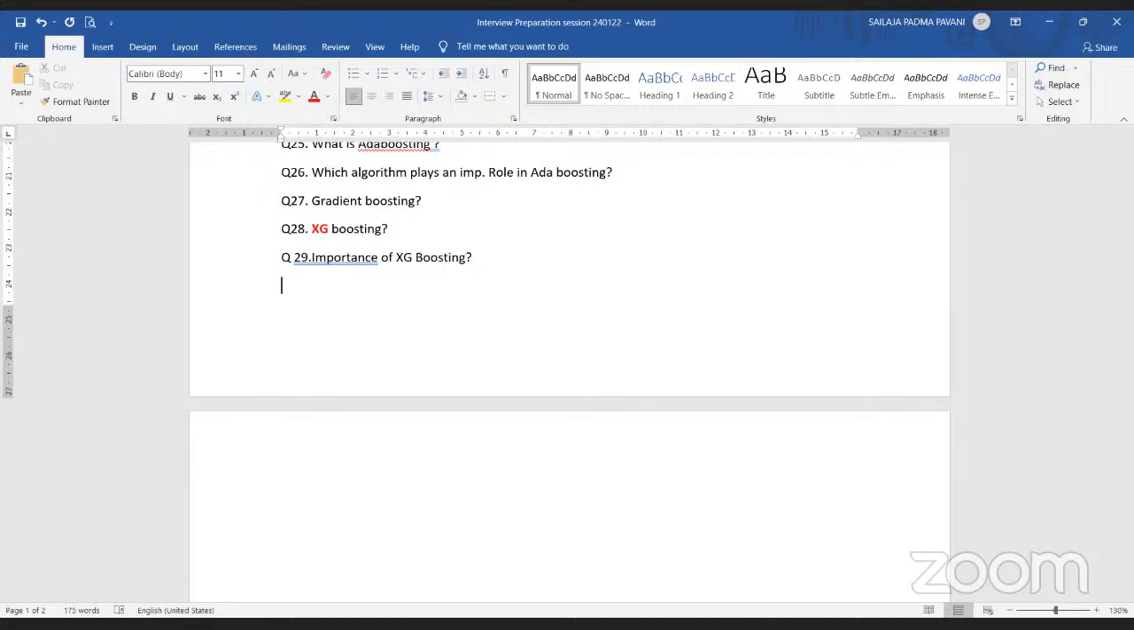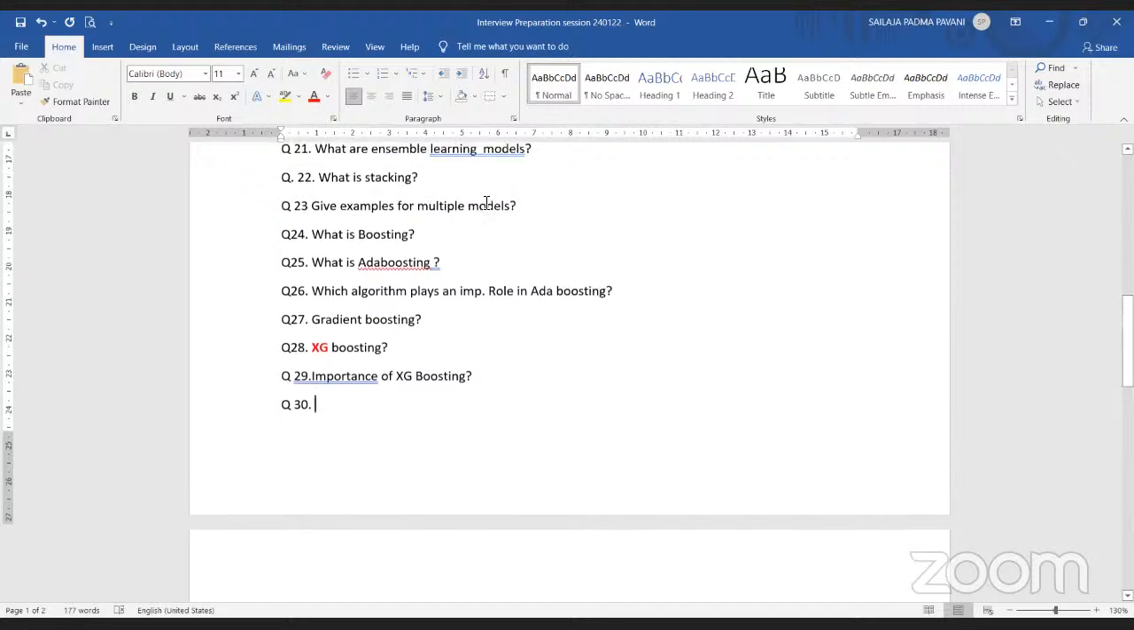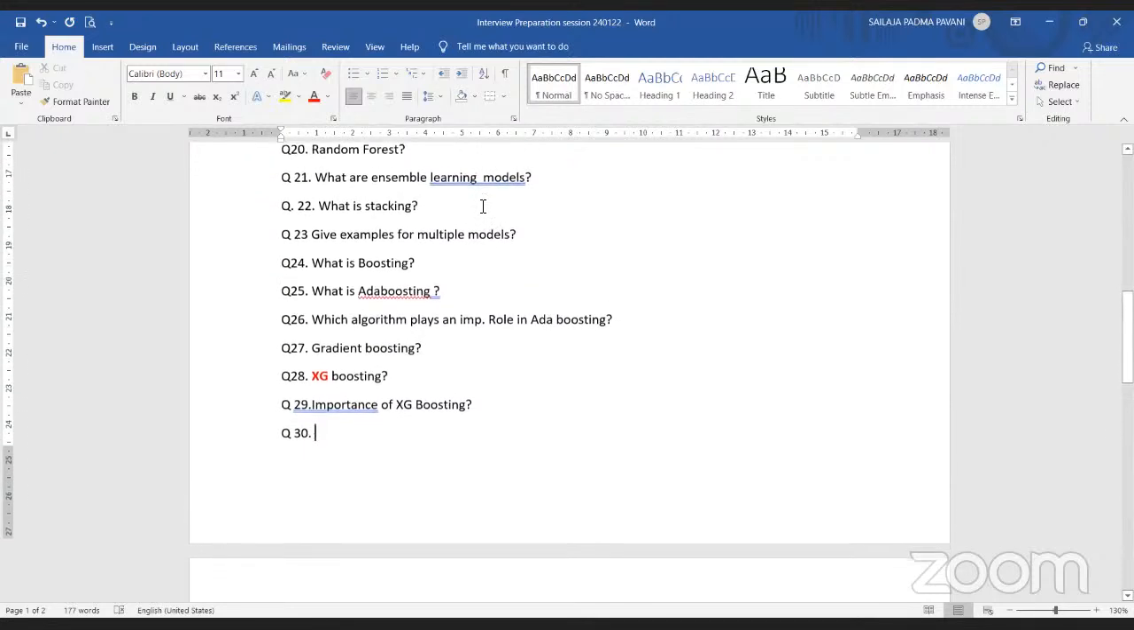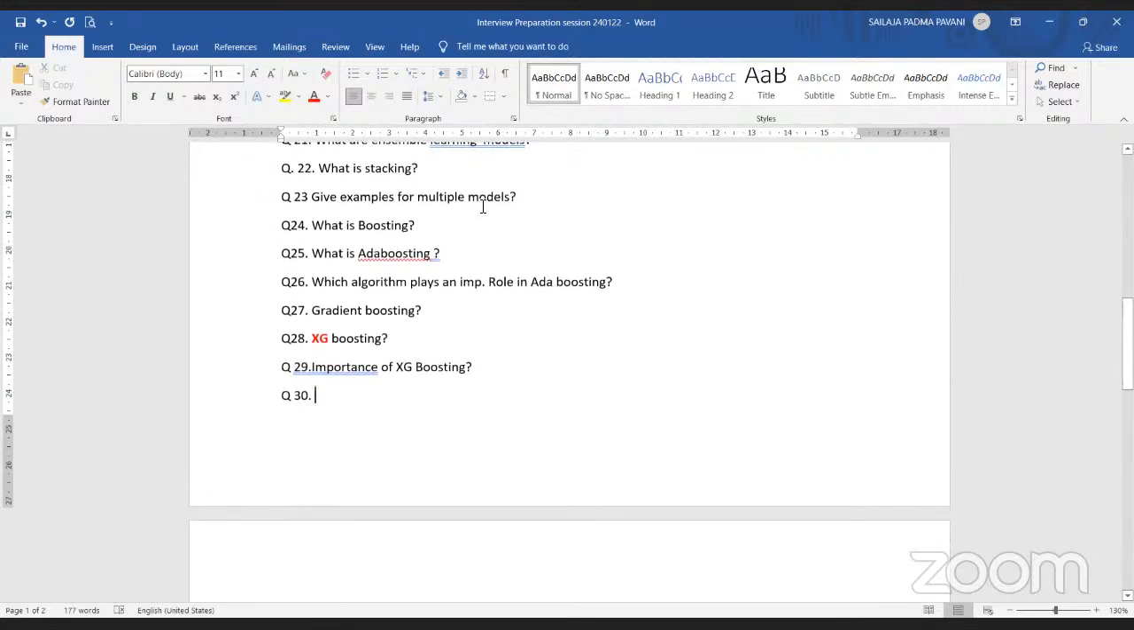So here, as you said, we know what random forest is, and bagging we know, and boosting we know. Now my next question is, in all these algorithms, which type of algorithm are we using? We are using decision trees, right? So in that decision tree, if you see,